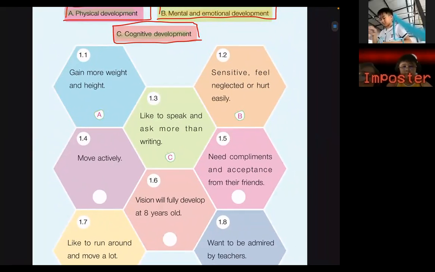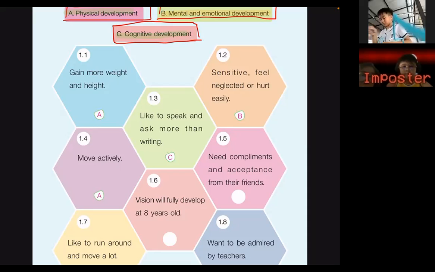Move actively. So you're moving around. Maybe you're doing exercise. Is that A, B, or C? That would be A, because that's a physical development. That's you doing, that's you moving around, that's you being active. 1.5,